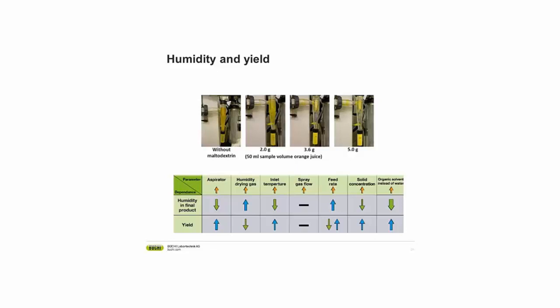If this is not possible because the product is temperature sensitive, as I said before, always think about whether you can swap your water for an organic solvent. Of course, then you would need a B-295 and work under inert conditions. Maybe you can increase the solid concentration and with this decrease the water you have in any droplet. Or maybe you need to go down with the pump. A second thing that could be the problem is